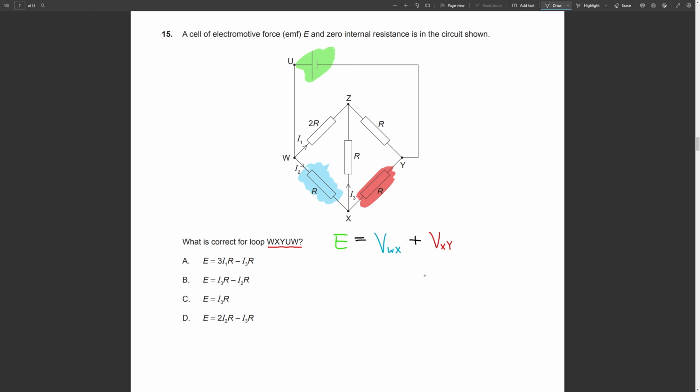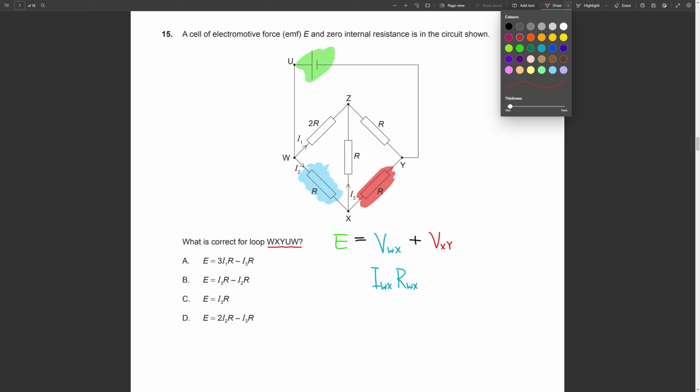But what's next? Next, we are going to rewrite the blue voltage and the red voltage in terms of I and R. To do so, we need to rewrite them using the Ohm's law, which is the current times the resistance, both for the